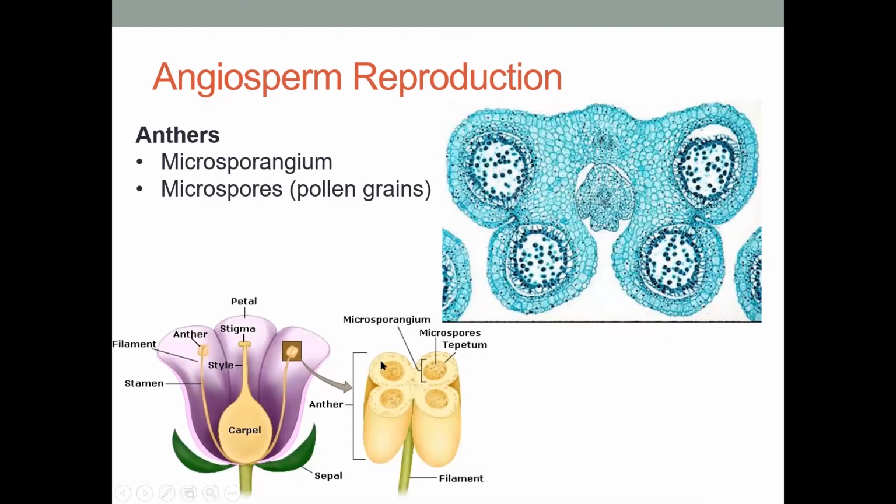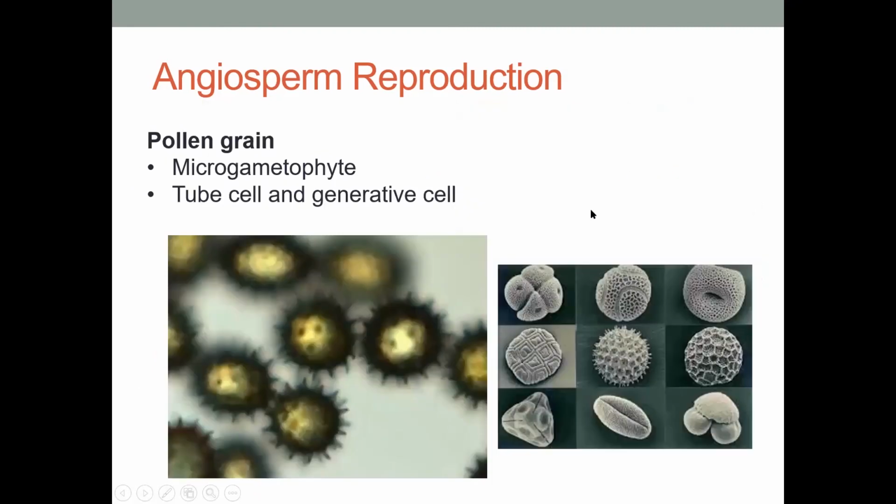So here is a cross section of an anther. This is all 2N structure right here, part of the parent plant. And then here you'll find those microgametophytes, which are all 1N. And these are going to have the tube cell and the generative cell inside of them. Again, looking at pollen grains up close from angiosperms, you're going to see that they have hooks all over their surface,